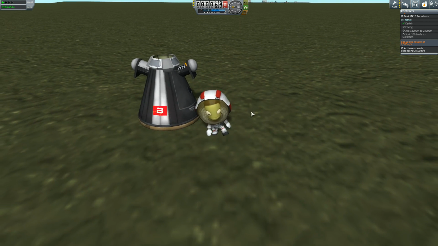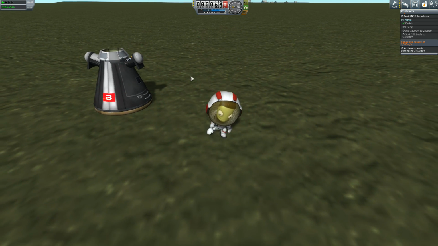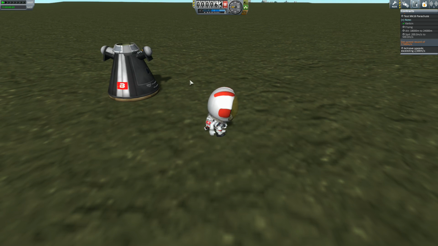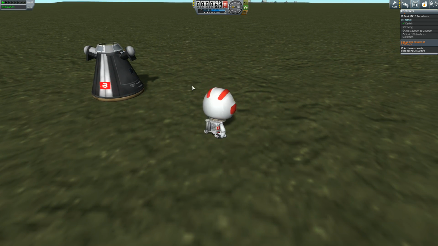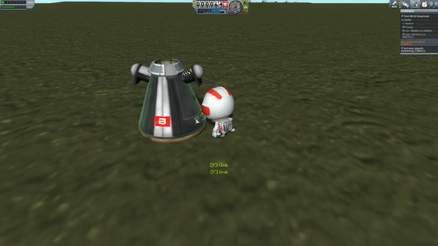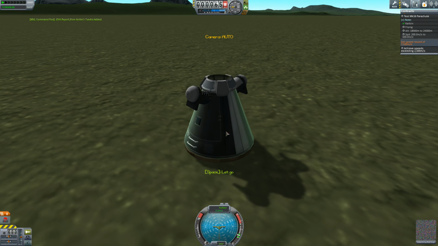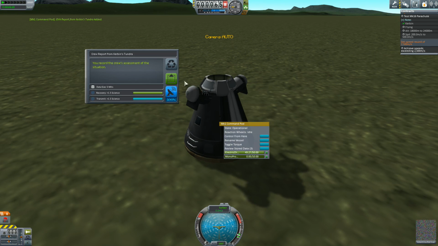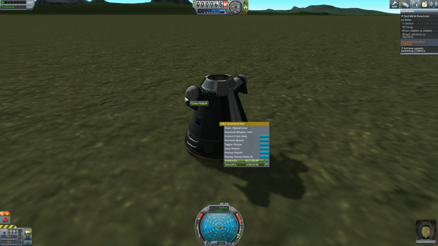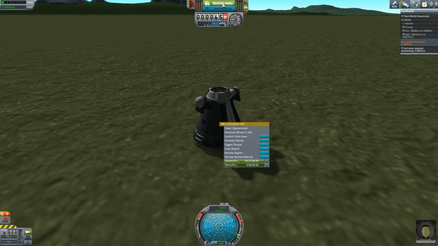Fantastic. And then you can get back in. You're going to walk the way I want you to walk. Why can't you walk back that way? Oh, because I'm pressing entirely the wrong keys. There we go. And if you climb, fantastic. Get back in board, and then we can do another crew report. There we go. And we can't do the goo, we're not a scientist. So that's it, fantastic. So let's recover this vehicle